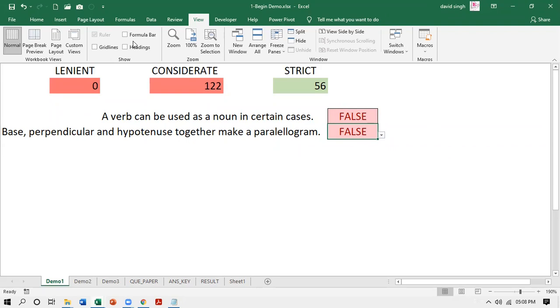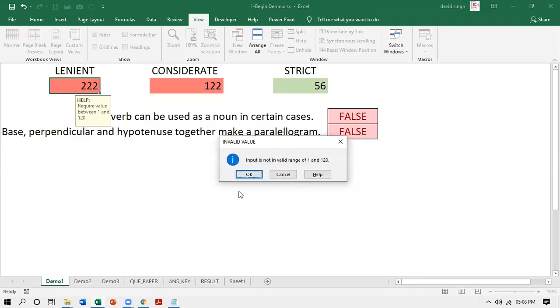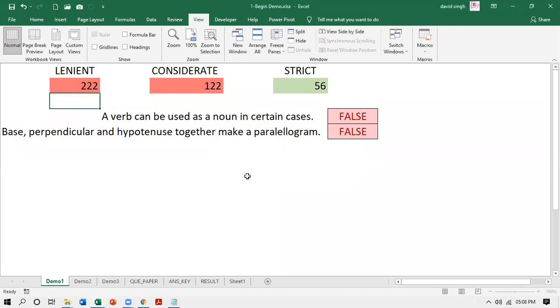So this is just to show you one demo how these things are happening. And moving on to this one. So here I am putting in any invalid value. It is saying input is not valid. I said okay, but input is kept there. Did you notice? It is very lenient. It's still taking the invalid value.